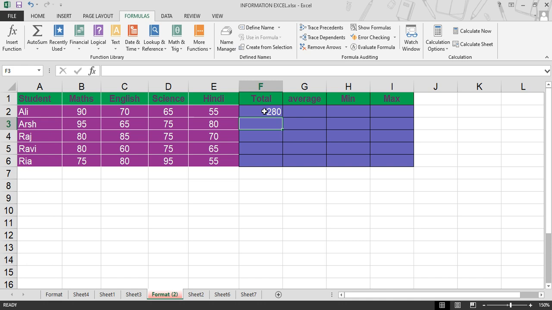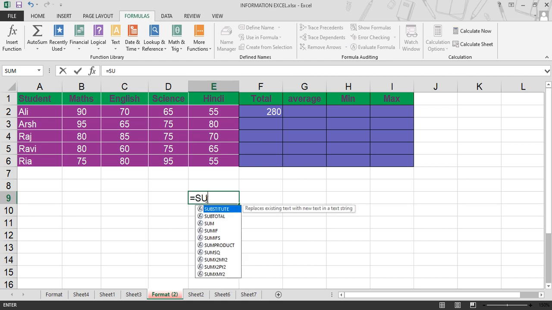So now let's explore the different parameters of a function. We start all the functions with the equal sign. Then we have to write the function name, for example, sum.